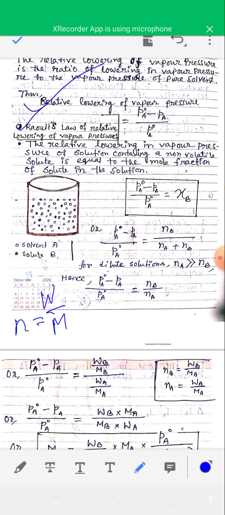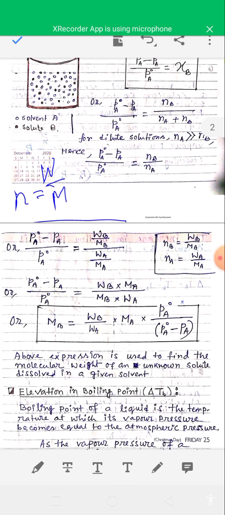So after rearranging, you will get Pa naught minus Pa by Pa naught is equal to Wb by Mb divided by Wa by Ma, and after further rearrangement